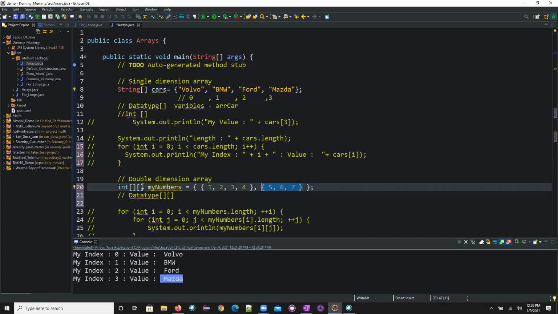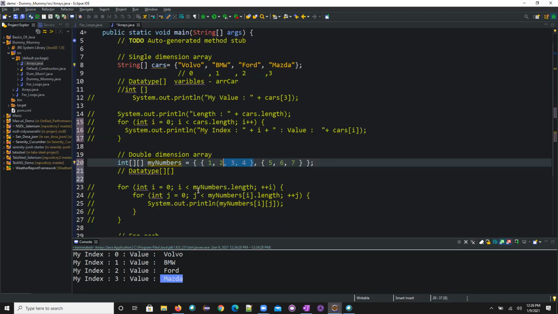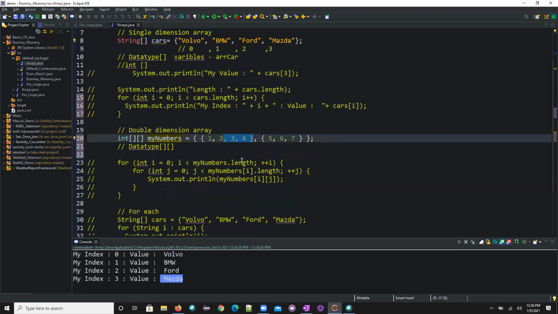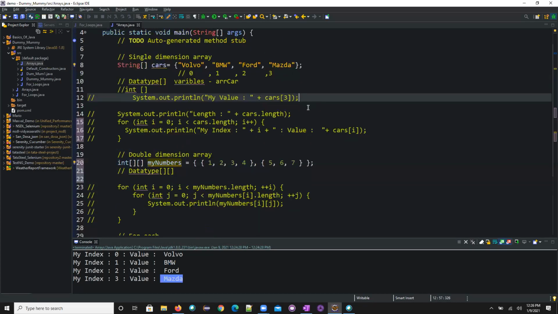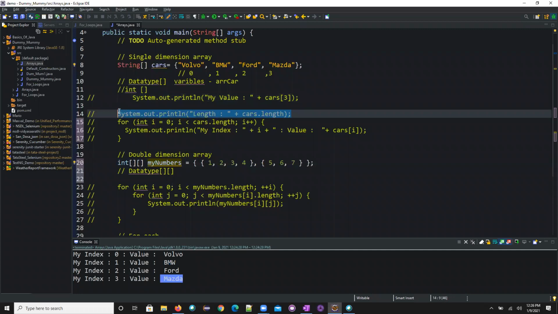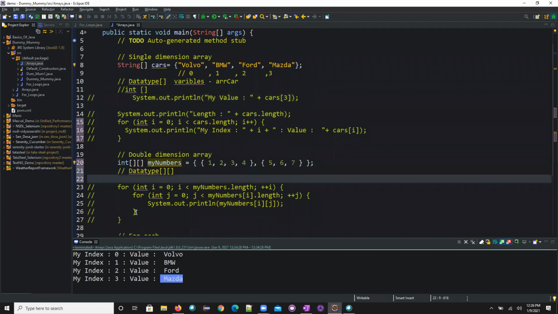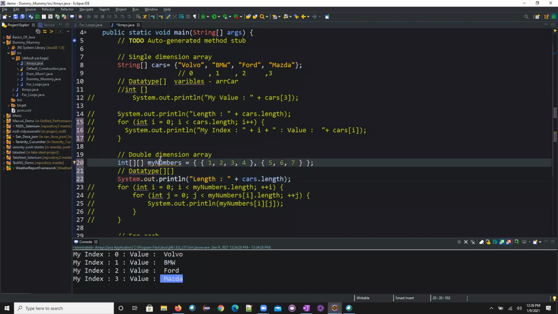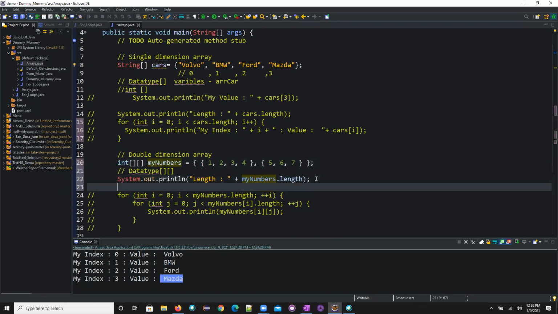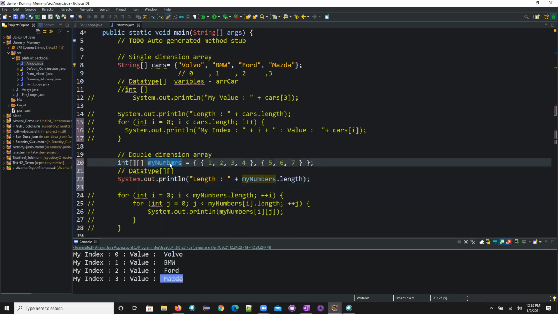List number 1 for this array, list number 2 for this particular array. Now, if I have this particular length, my numbers, right? So now I'll just try to print my length. What is my length of the two-dimensional array? Okay, so length I have taken. Okay, guys, you tell me. I'm going step by step, but still if you have any doubts, you can stop me there. Now I taken the same my numbers and I was just trying to check this length. What is the length of this one? So can you guess what is the answer?